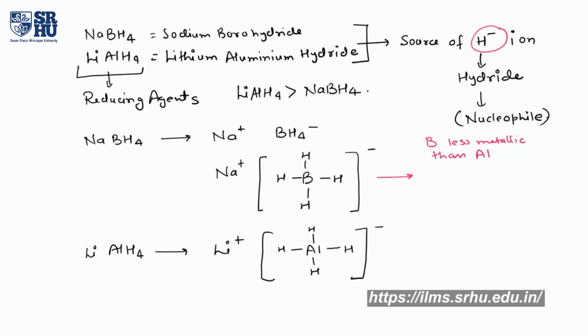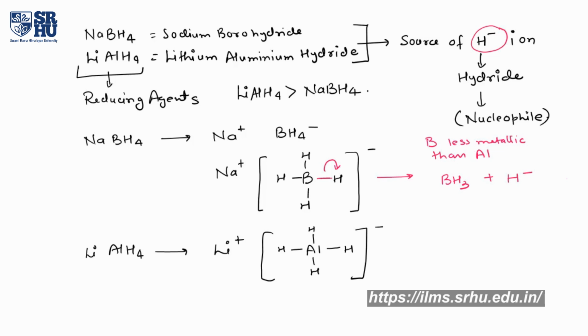And because boron is less metallic than aluminium, and you know that a metal has a greater tendency to lose electrons, when this species loses H negative ion, BH3 will be formed. H will take away the electrons as a hydride negative ion. For that, a bond between boron and hydrogen must break, and boron should give away its